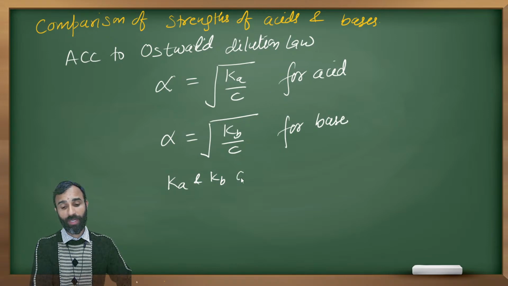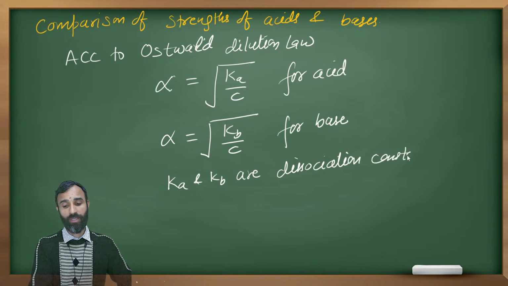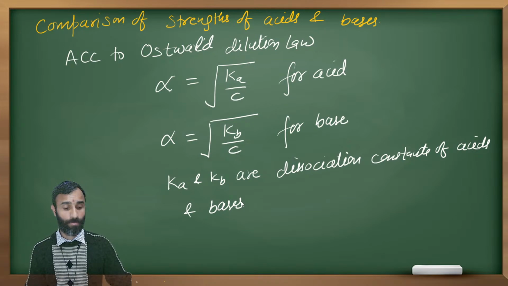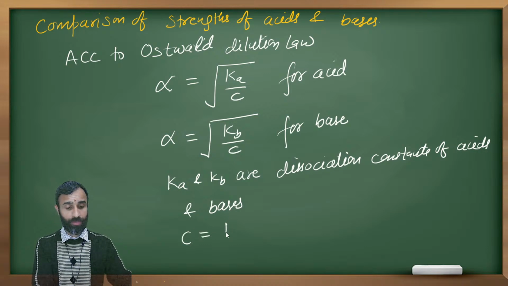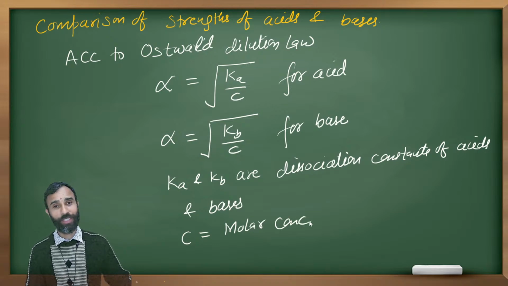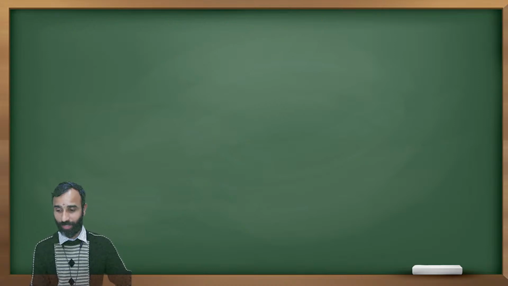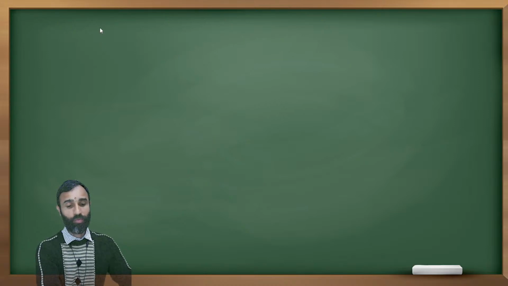Ka and Kb are dissociation constants of acids and bases. And C is molar concentration. Okay, so to compare their